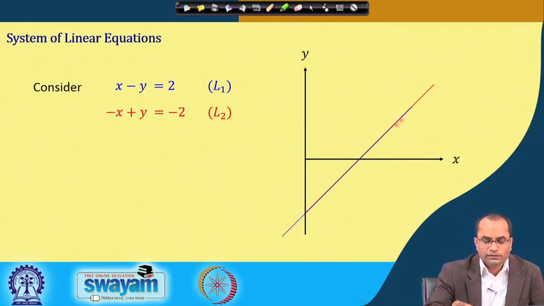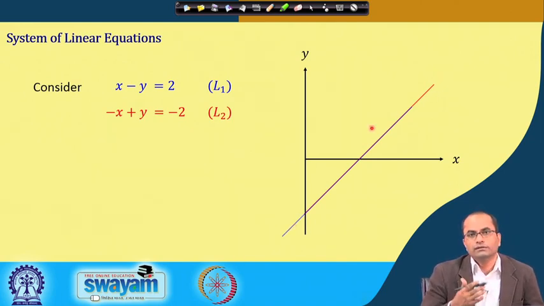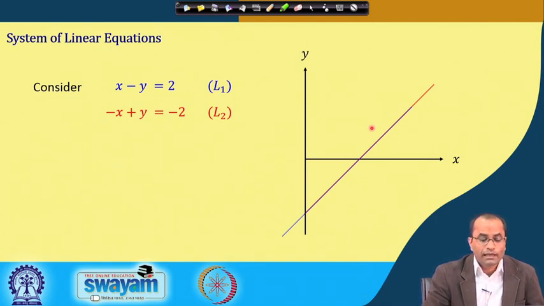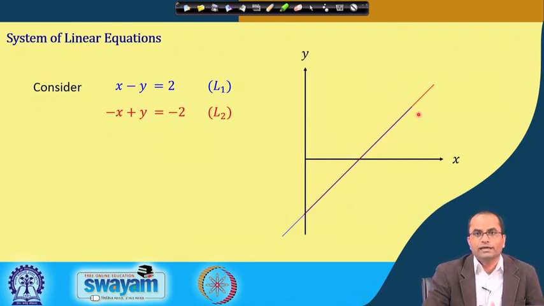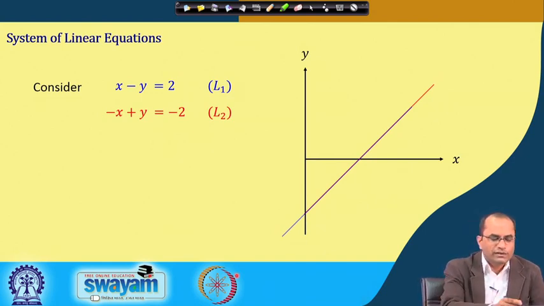The red line is sitting over the blue line here. So these two are the same lines, and naturally any point we take on this line, I mean they are the same line. So we can take a point here on the line, and that will satisfy both the equations. So here we have infinitely many possibilities for the solution of the given system of equations,